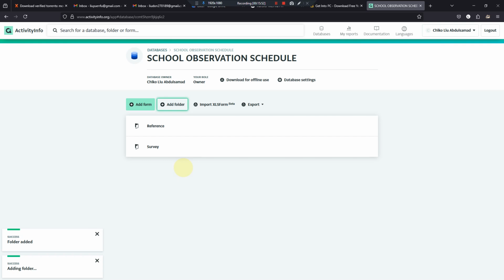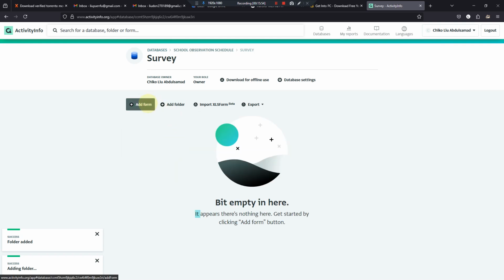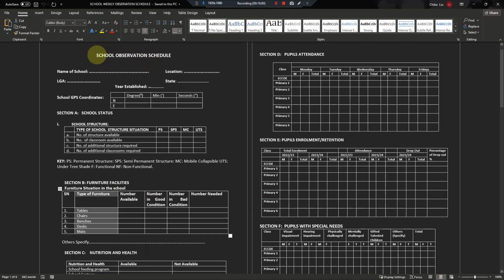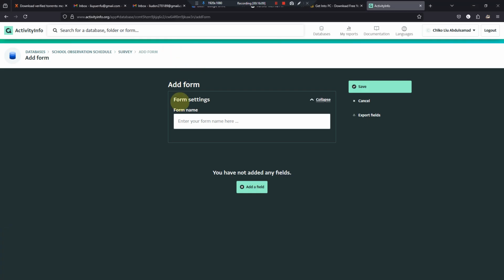and I'm just going to go into the folder and add a form, and I'll say let me just copy this as the name of the form. So Control Z, Control C, Alt Tab, navigate to my ActivityInfo. Going to Control V, paste it. So the name of the main form is also the name of my database,